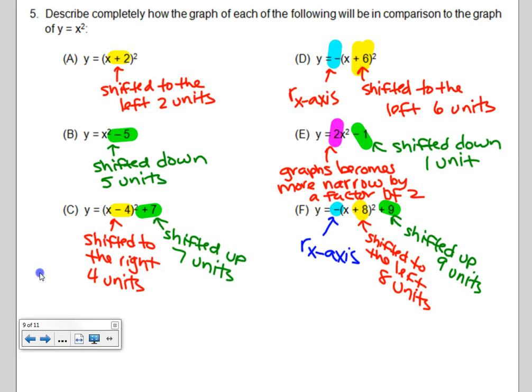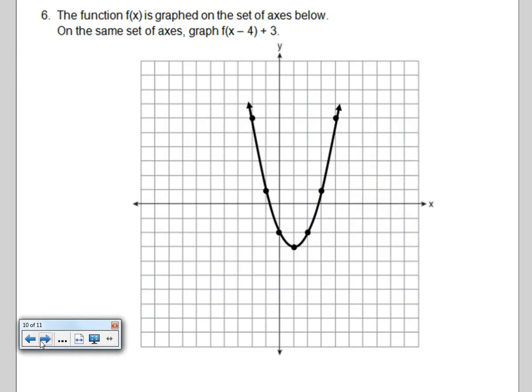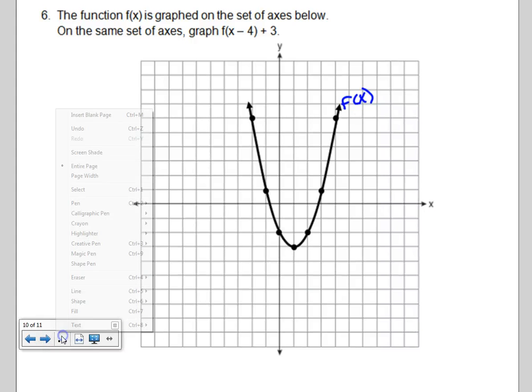So now we're going to do one last type of problem. We're going to put it together and actually perform the transformations on an actual graph. Now notice the notation is different. They're telling you that this graph right here is f of x, which is like our parent graph. But the parent graph is just your typical y equals x squared. But all the transformations still occur from your main graph. So if they're calling this one your main graph f of x, and then they're telling you to perform